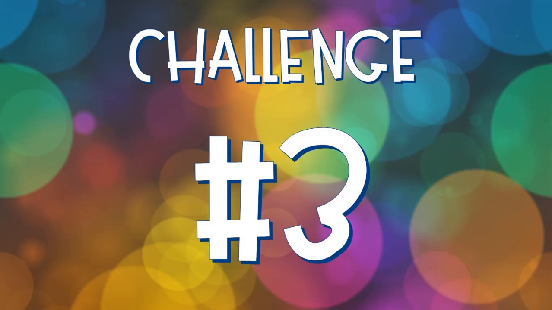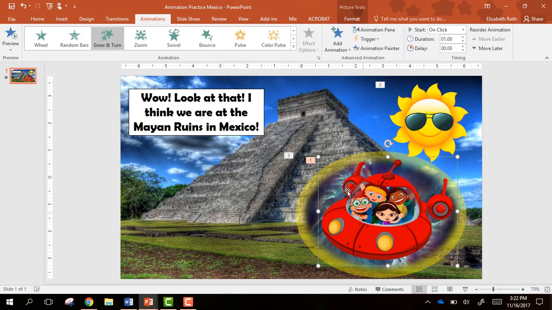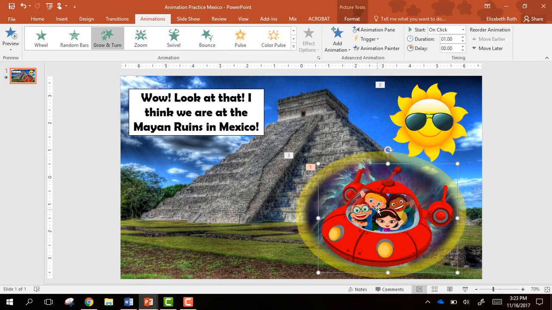Welcome to Challenge 3. This is where things are going to start getting a little bit more entertaining and a little bit more fun. So we've covered the basics of animations. You know that there's 3 different types of animations. You know that you click on the object you want to animate and then you animate them. Then what we're going to do now is work on adding multiple animations and also tinkering around with the timing